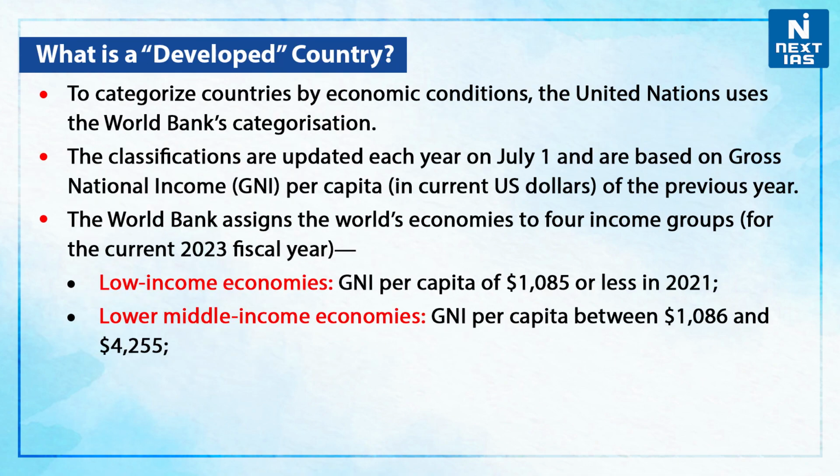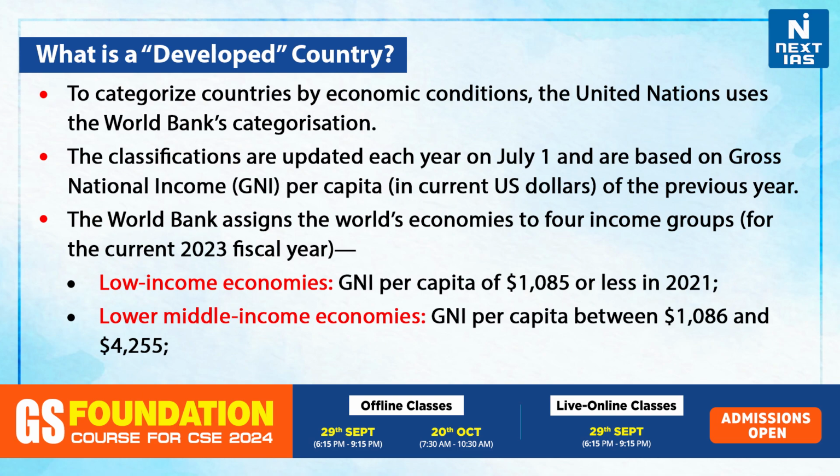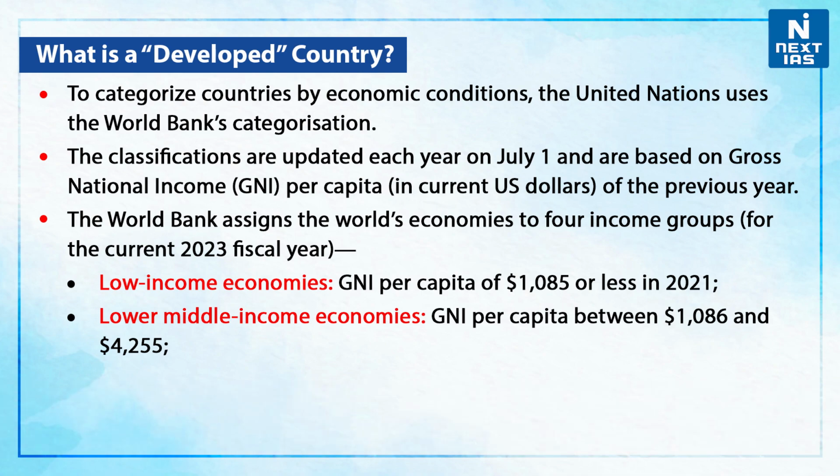Well, to categorize countries by economic conditions, the United Nations uses the World Bank's categorization. The classifications are updated each year on the 1st of July and are based on gross national income per capita of the previous year. The World Bank assigns the world's economies to 4 income groups for current 2023 fiscal year. The first one is the low income economies, wherein the gross national income per capita of $1,085 or less in